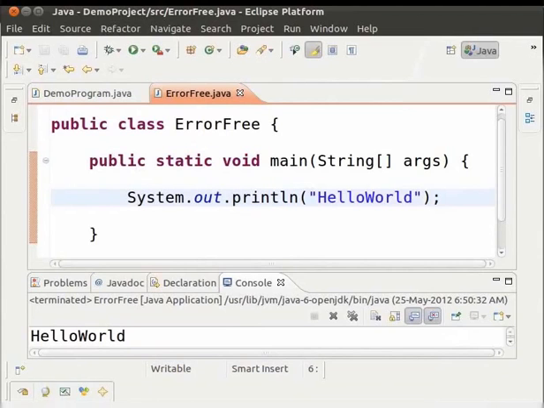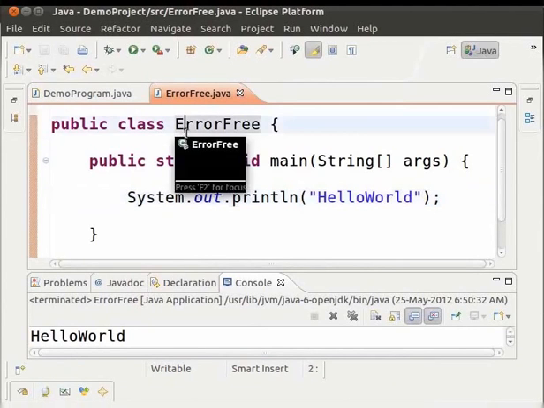Let us look at the next error. It happens due to a mismatch of the file name and class name. It does not happen usually on Eclipse. This is because we use the new class wizard to create a file and Eclipse creates the file automatically. But if we create a Java file outside of Eclipse and add it to a project, there is a chance of the error. So let us simulate the error